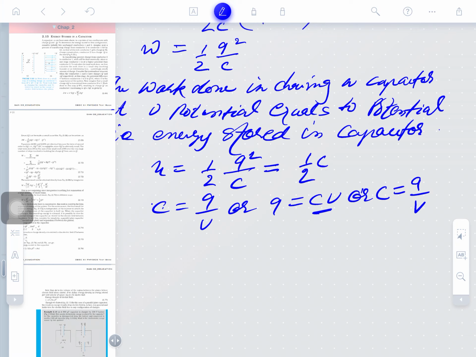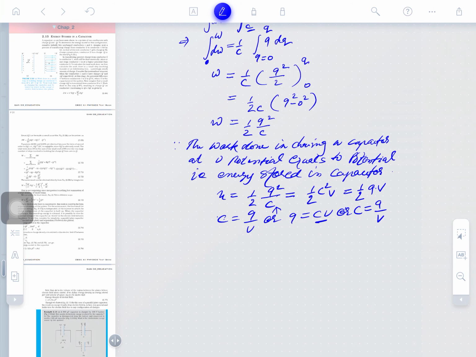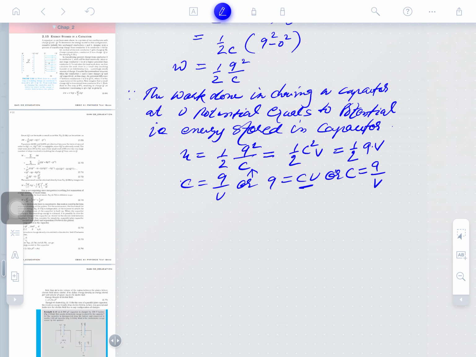So the formula becomes 1 by 2 Q square by C, with Q equals C V. Once C cancels, we get half C V. Is that clear? Or also, in place of C, what can we write? Q by V. So half will always come, and in place of C, Q by V, so it shall be half of Q V. Clear, guys? These are the expressions for potential energy of a capacitor. Remember half C V square, which is a very analogical expression.